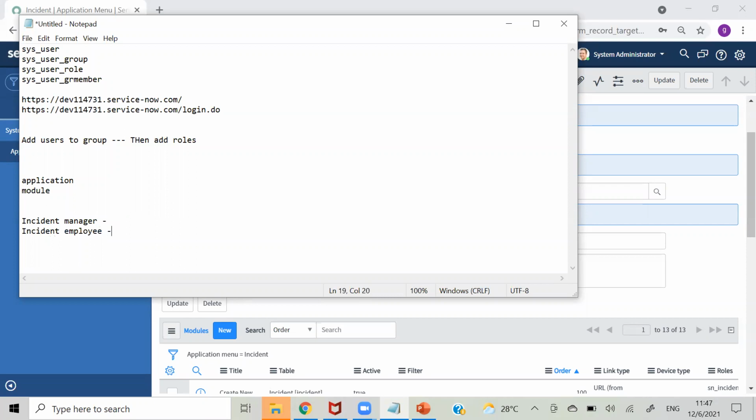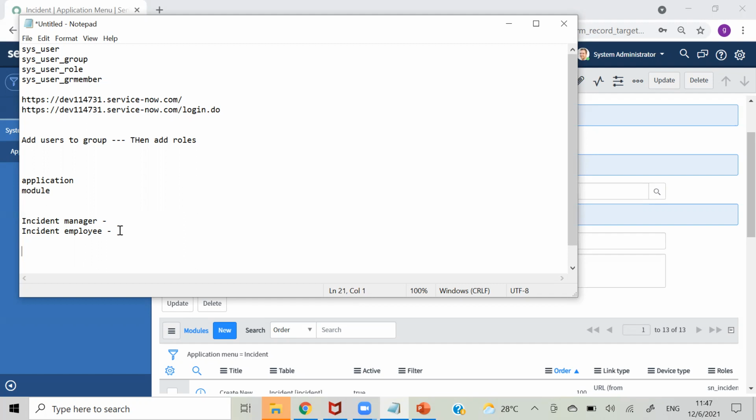But for an incident employee, he needs to do R&D about that incident, fill in the short description, update work notes, and just close that ticket. So we are limiting access for this role, but giving a little more access for the other role. Similarly with problem, we will have roles like problem manager, problem employee.